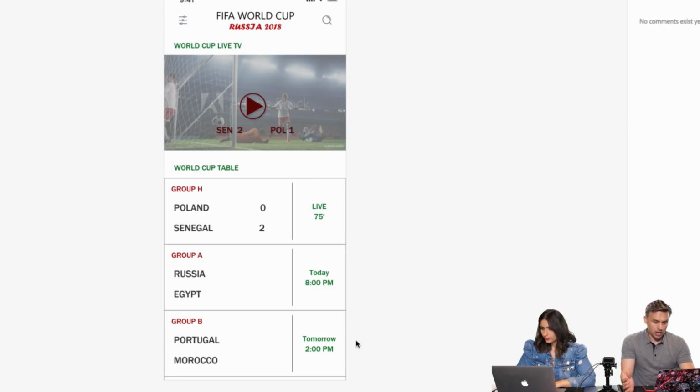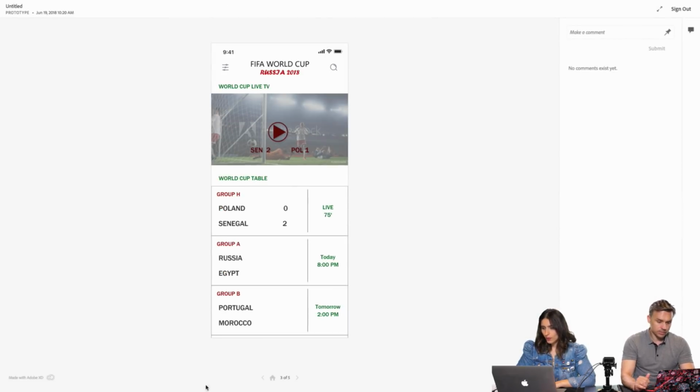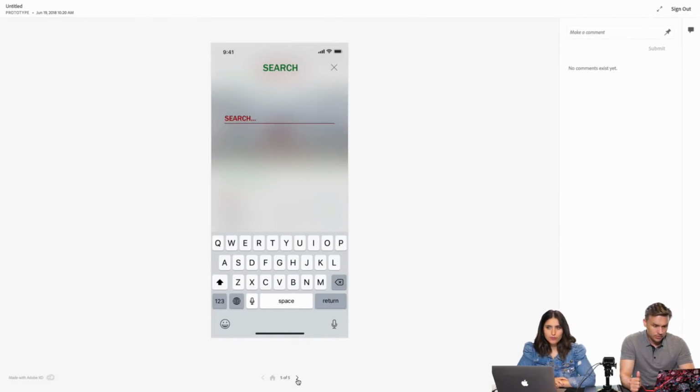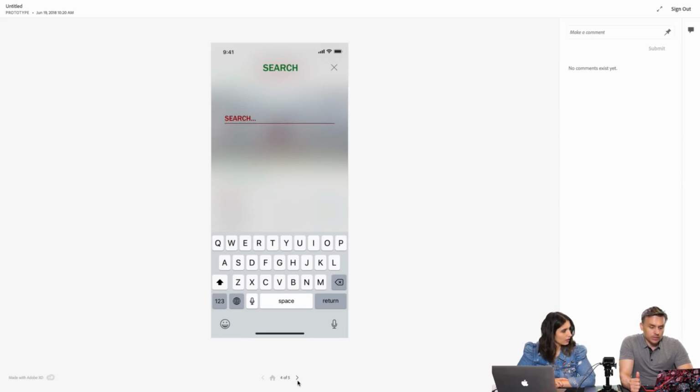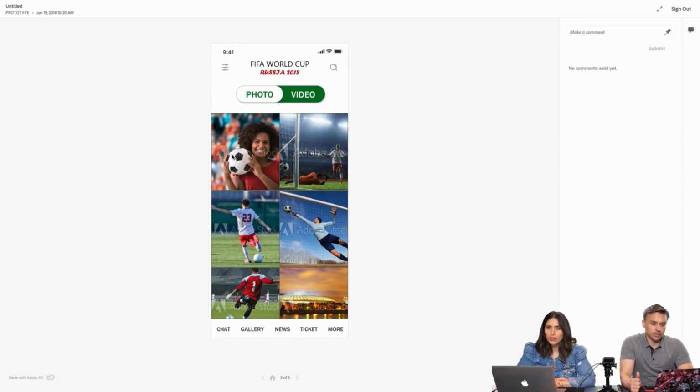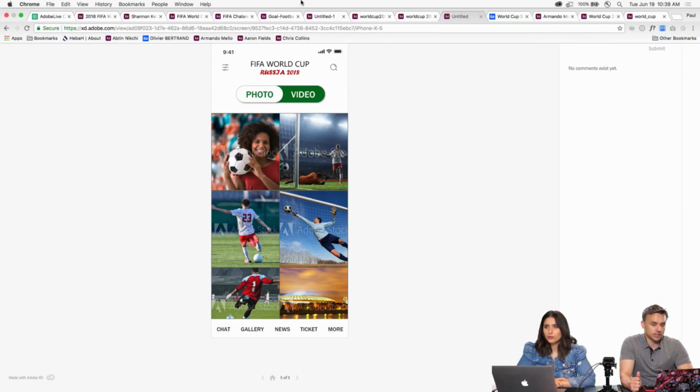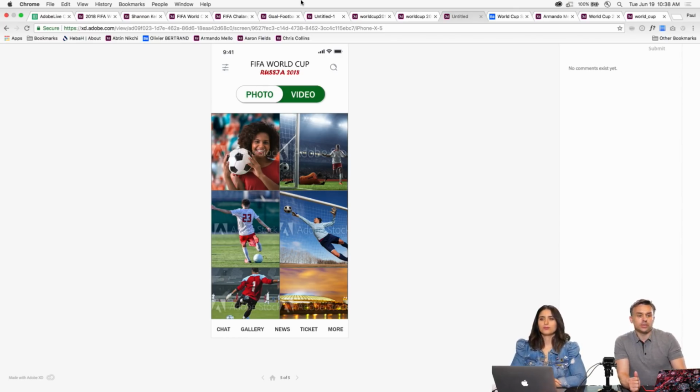But great job incorporating a total of 5 screens. Let me make sure we got all those. He also used the background blur, which is another thing that I love about XD. The background blur right here is very good. It's really cool. So this is photo and video, this is awesome. Little toggle. A lot of work went into this. So great job, Aptin, if you're with us, congratulations.